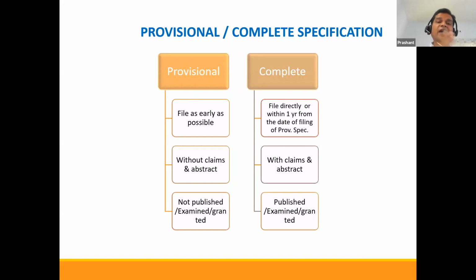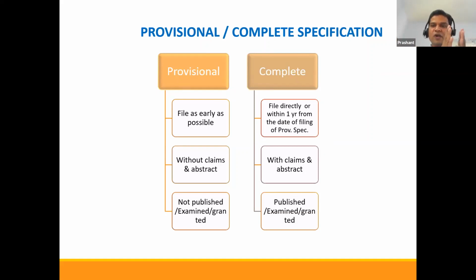But why will I go for a provisional? To protect the idea. Sometimes it happens that you are working in a lab and some very notorious students or researchers will steal your idea and file a patent application before you. And the law is that whosoever files first gets the first right. So if you are not in a position to keep it confidential, always prefer to file a provisional application, get the patent application from the patent office, and then work on your remaining experiments. And within 12 months, you can file a complete specification.